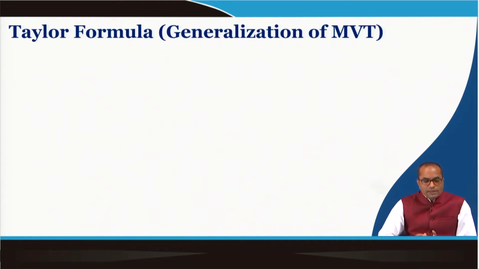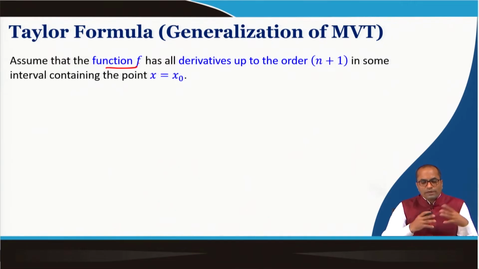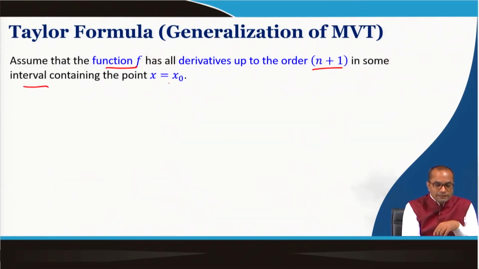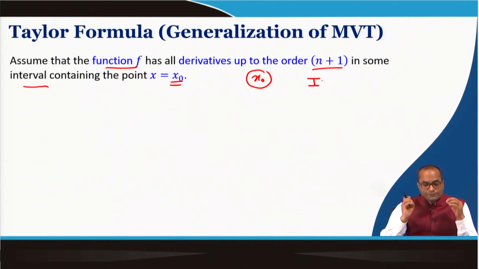So the Taylor's formula, this is a generalization of the mean value theorem which we have discussed in the previous lecture. So assume that a function f has all derivatives up to n plus 1th order. So now we are generalizing this. So we are talking about that a function has derivatives up to n plus 1th order in some interval containing a point x naught. So this x naught is also important. So we have an interval I, let's say, which contains this point x naught,